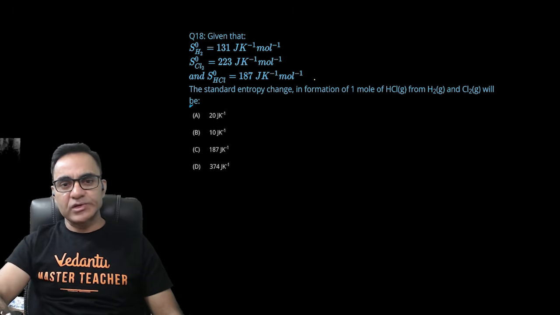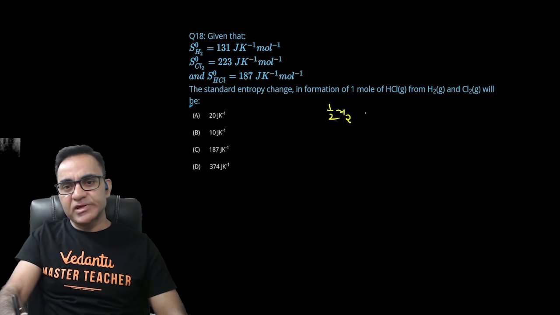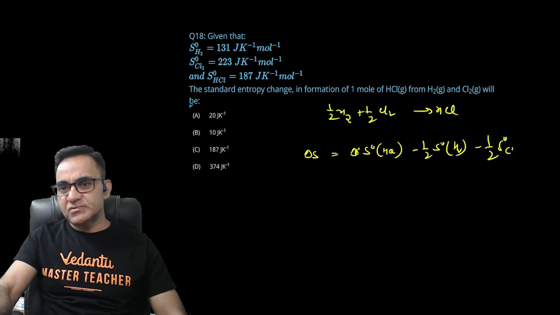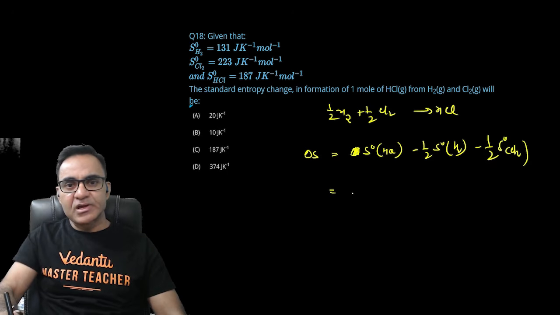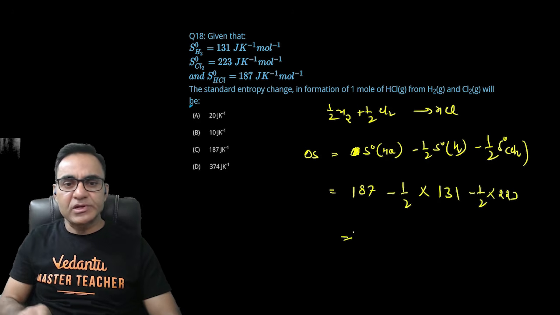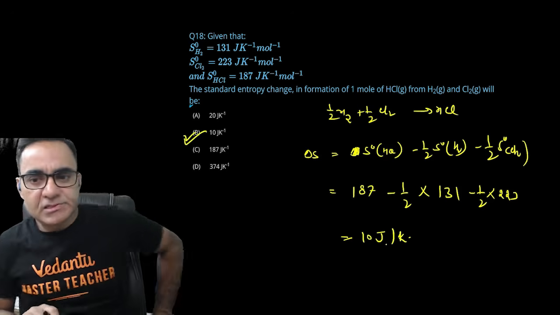S नॉट हाइड्रोजन का, क्लोरीन का, HCl का गिवन है और स्टैंडर्ड एंट्रोपी चेंज रिएक्शन में निकालना है, यानी हाफ H2 प्लस हाफ Cl2 चेंजिंग इनटू HCl। तो अगर मैं इसका डेल्टा S लिखूंगा तो ये होगा डेल्टा S नॉट ऑफ HCl माइनस हाफ S नॉट ऑफ H2 माइनस हाफ S नॉट ऑफ Cl2। सिंपली वैल्यू रखना है और कुछ नहीं करना है। HCl का दिया है 187 माइनस हाफ ऑफ हाइड्रोजन का भी दिया हुआ है 131 माइनस हाफ ऑफ क्लोरीन का 223। ये सारा वैल्यू जब आप निकाल के लाओगे तो विल गेट 10 जूल पर केल्विन इज एन आंसर ऑफ दिस क्वेश्चन। ऑलराइट,